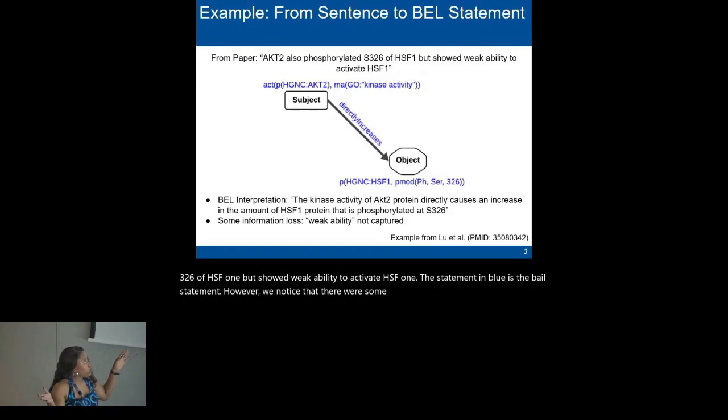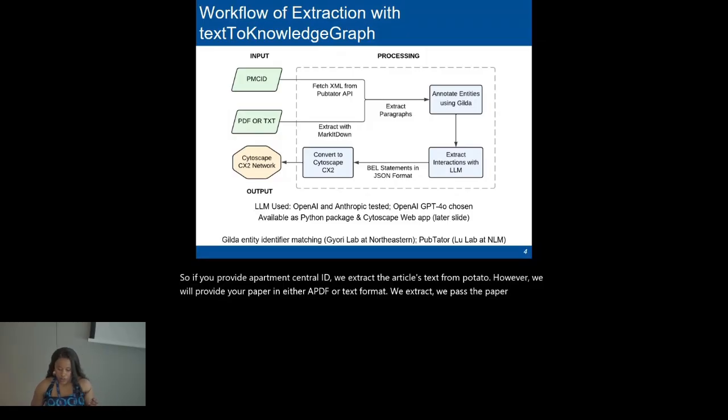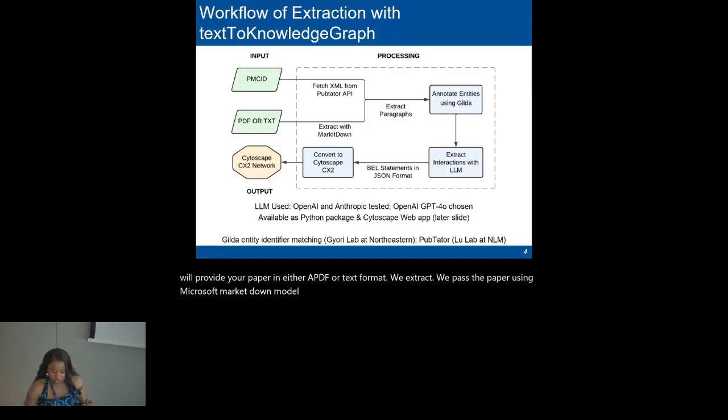So how does this tool work? Our tool has the ability to receive two different input modes: the PubMed Central ID, or your file in PDF or text format. If you provide a PubMed Central ID, we extract the article's text from PubMed. However, if you provide your paper in either a PDF or text format, we parse the paper using Microsoft's MarkItDown model. Internally, this pipeline